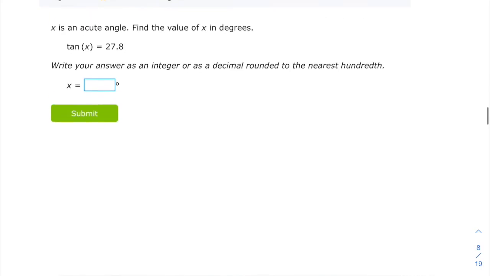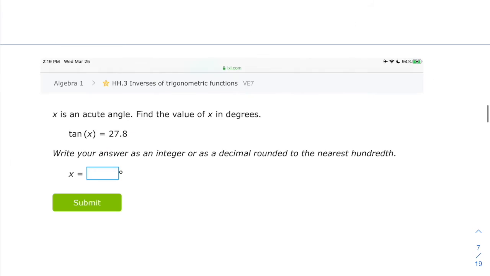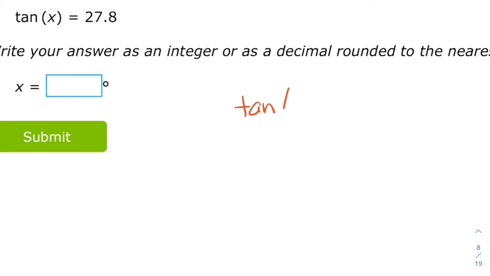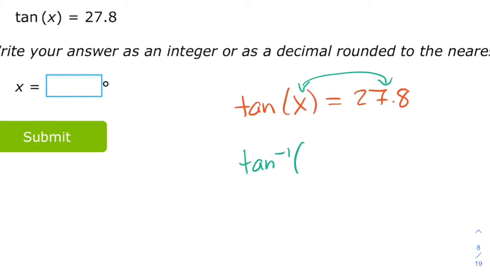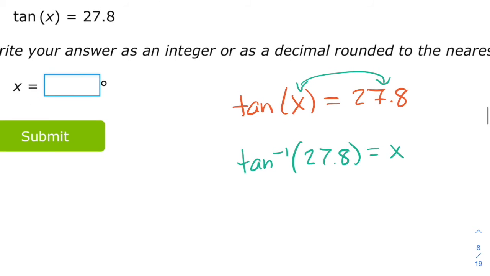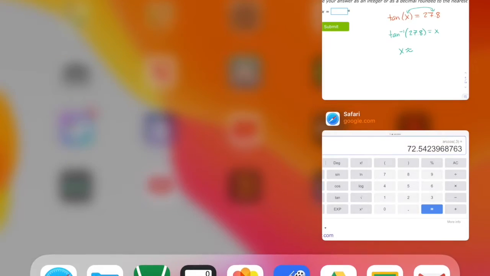Two more. Yep. Let's do tangent of x equals 27.8. Switch them. Do your inverse. So tangent inverse of 27.8 equals x. So x approximately equals